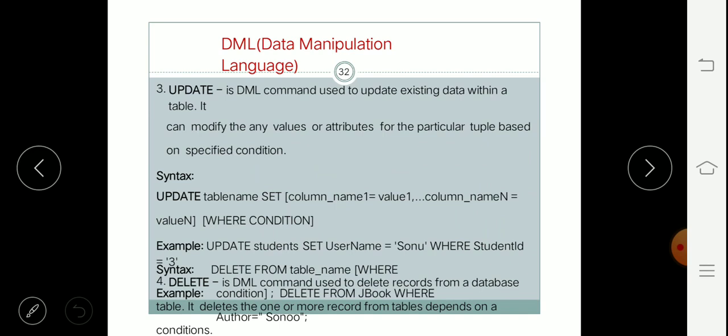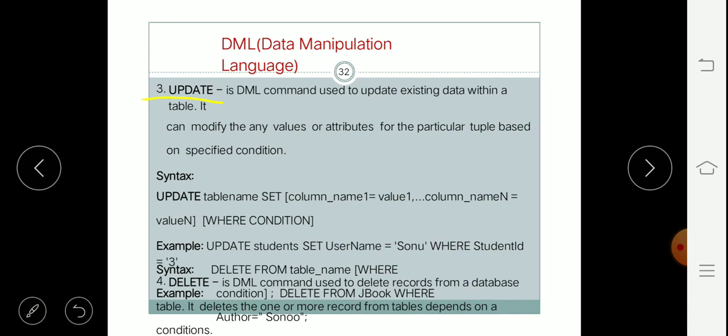Now the third is update. This is also a DML command. Update means if you want to update an existing value in the table, then we use the update command. For example, if you want to change the contact number of any student in the student table, we can change it using the update command.